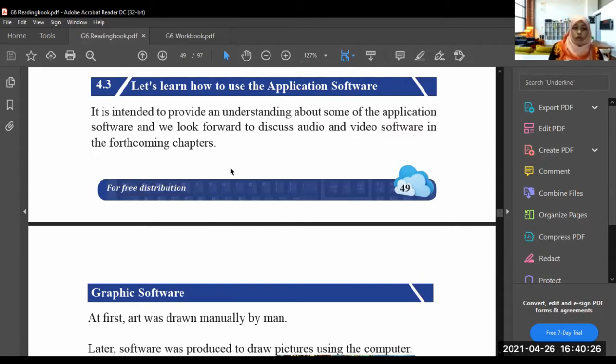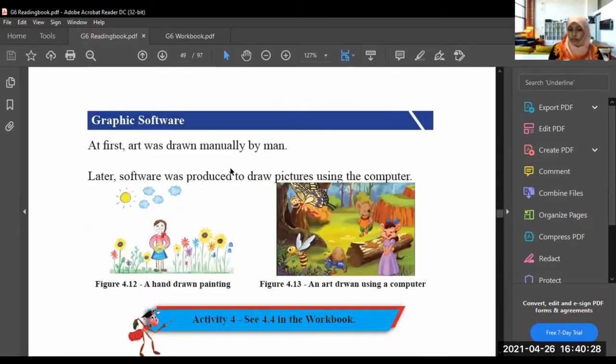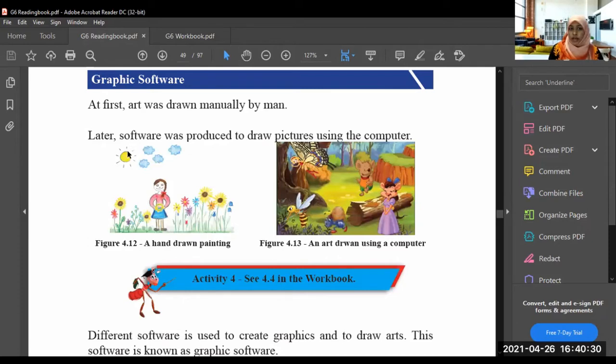Okay, so what are graphic softwares? Graphic softwares are the softwares which we use to draw pictures in the computer, right? At first, art was drawn manually by man. So at first, the people, the students, the artists, used their hands or pen and pencils, colors, chalks, and all these things to draw pictures, isn't it?